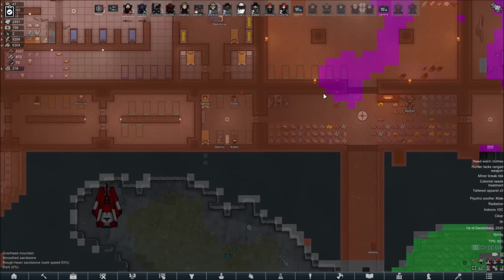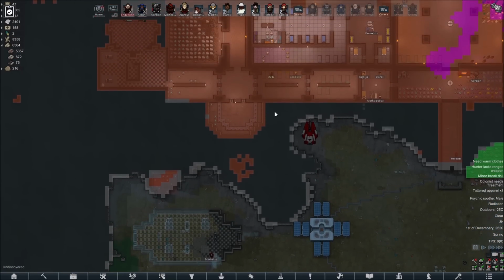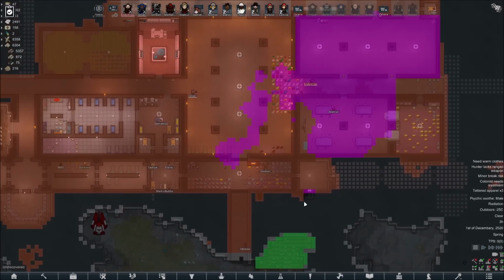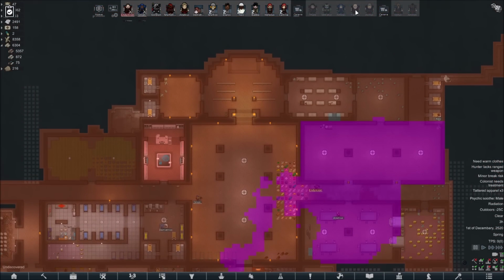I believe everything else is okay. I don't know how much the power armor will help. It should help a lot. They should be completely immune to it, but how well I've scripted that into the game is another question entirely. That also reminds me, let's check in on...